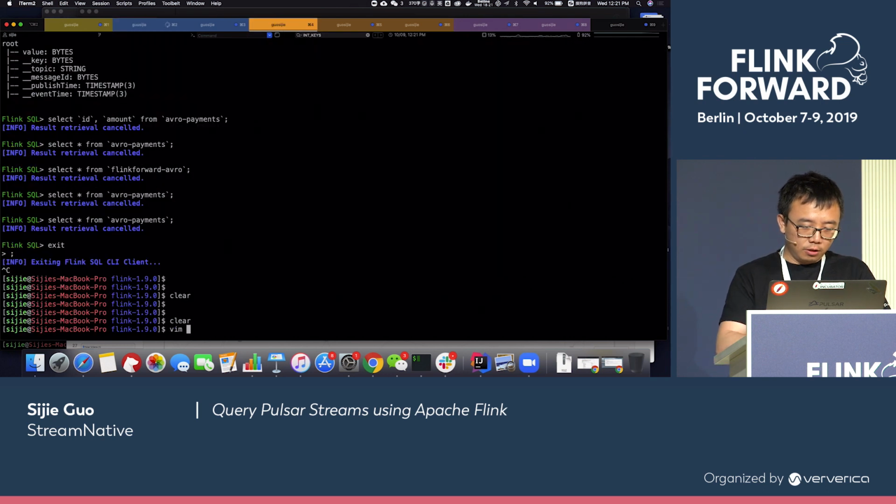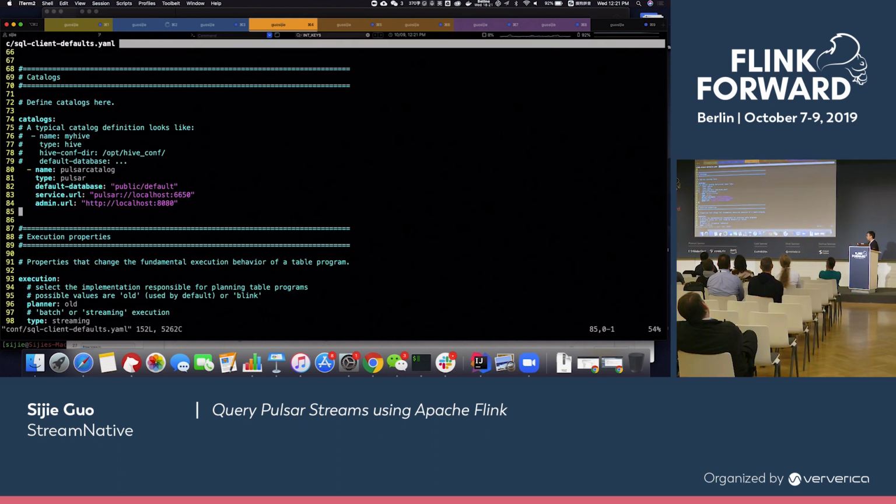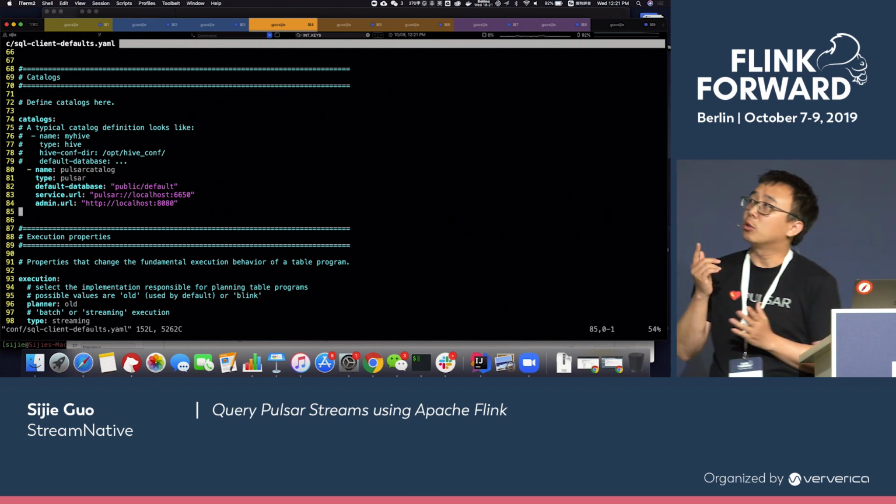And then you can just register. I think in the SQL client there's a Flink SQL client. Then you can specify the catalog in the SQL client.